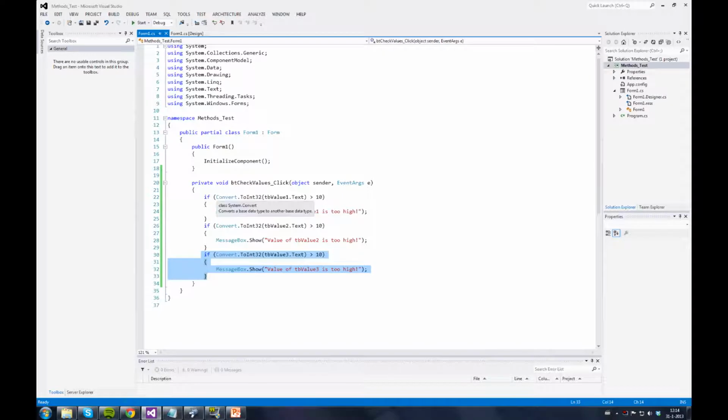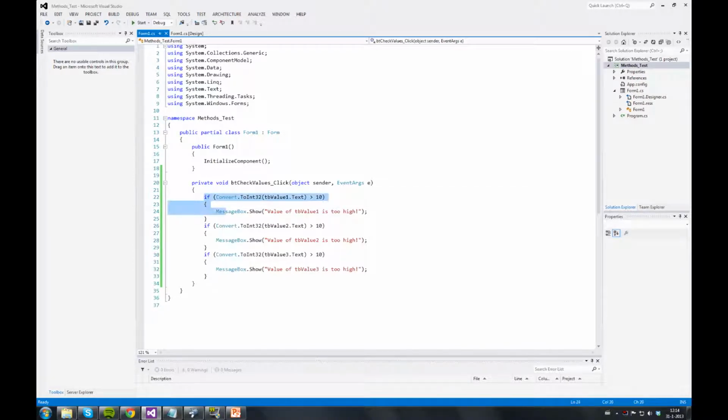In each one I convert the value of the respective text box to an int and check if it's larger than 10, and if it's larger than 10 I'll be showing a message box which says that the value is too high. And of course I'm doing this for TB value 1, TB value 2 and TB value 3. Notice that this code consists of 12 lines,